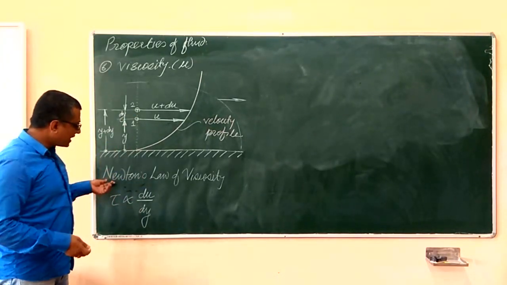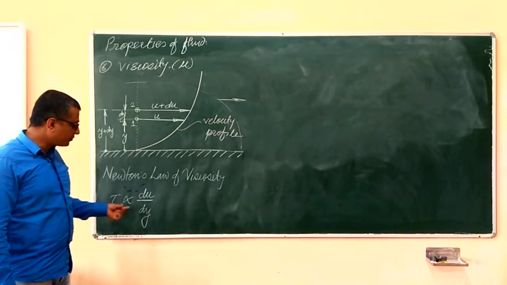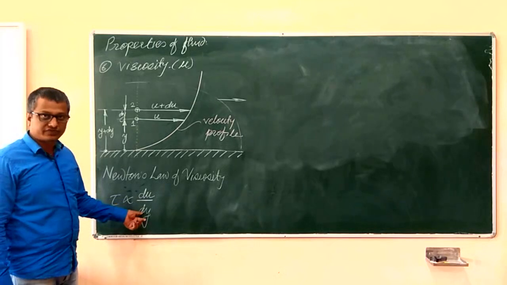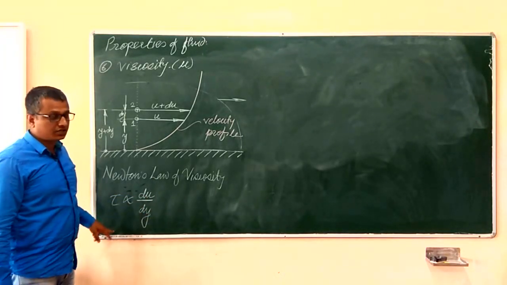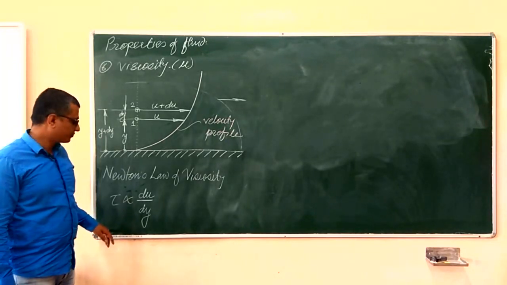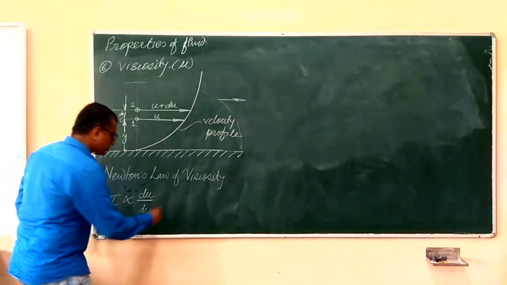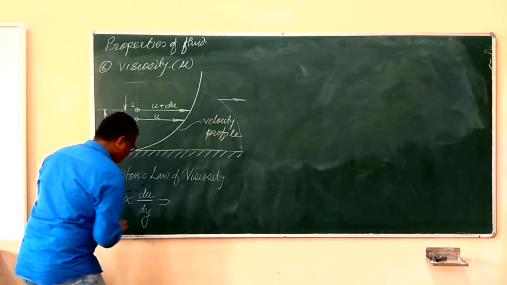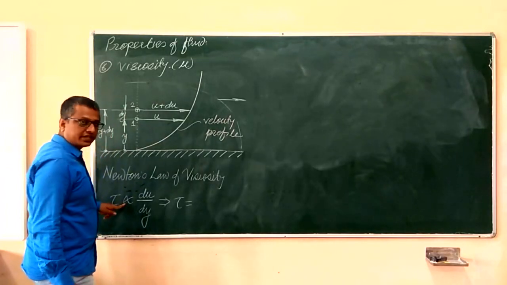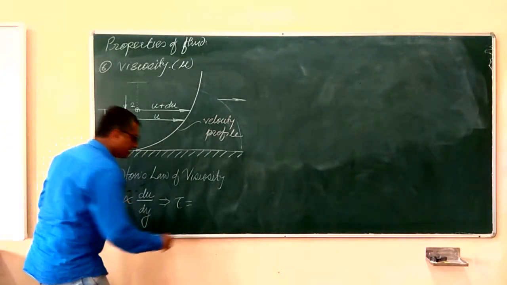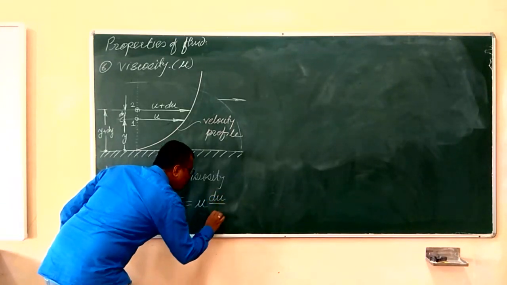Newton says that the shear stress acting onto the fluid layer is directly proportional to the velocity gradient of the fluid flow. This is applicable only for streamline or laminar flow. So if I remove the proportionality sign, I need to bring in a constant, and the equation can be written as tau equals mu into du by dy,